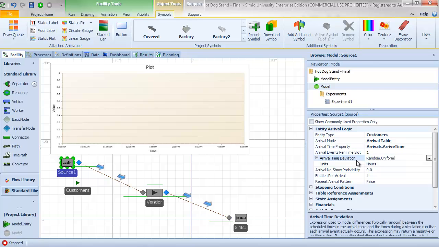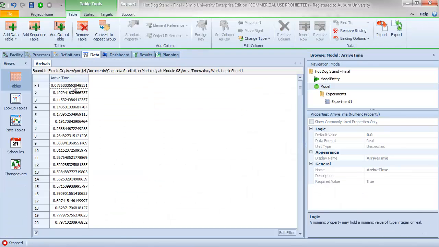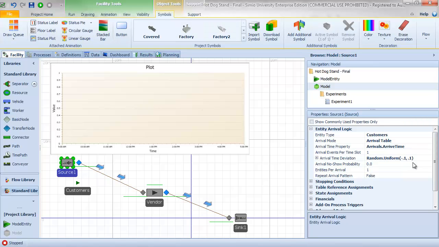Random.Uniform(-0.1, 0.1), the arrival time will deviate from the specified times according to a uniform distribution with values negative 0.1 to 0.1. And so those values will be sampled. The value will be sampled and then the deviation will be sampled and the arrival will occur according to that